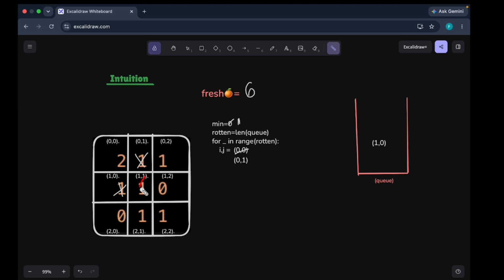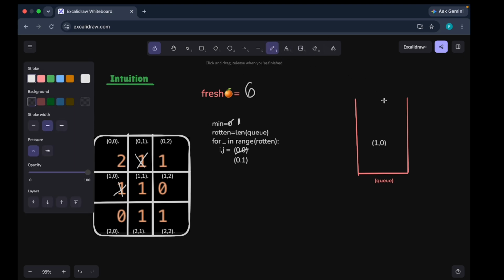So at 1 comma 1 position, we have a fresh orange, so it will also rot. And at position 0 comma 2, we again have a fresh orange, so it will also rot. Because they are rotting now, we're going to add their coordinates inside our queue, which are going to be 0 comma 2